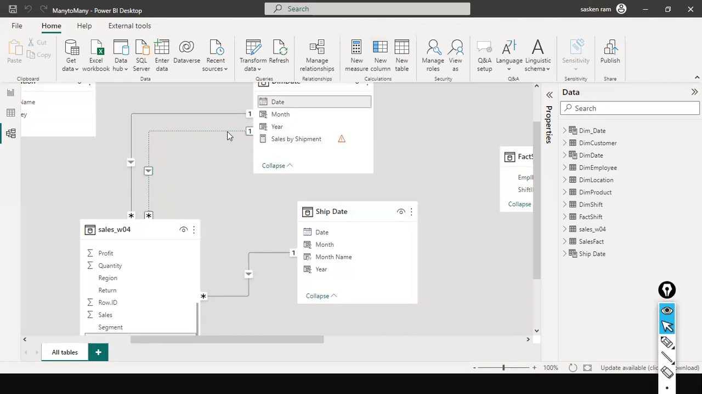But what we can do is enable this inactive relationship temporarily, which means until you want to perform some calculations, this one will become active temporarily and then it will become inactive. Once your calculations are done, this one will become inactive automatically. This is one approach. Approach two is,